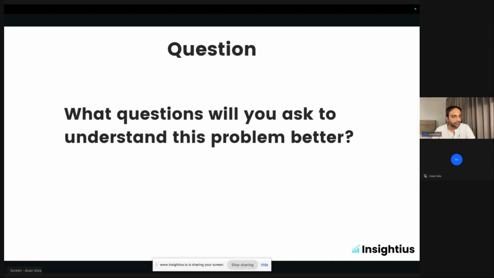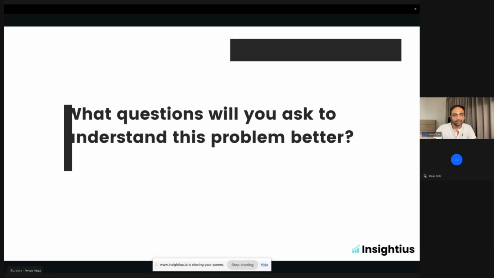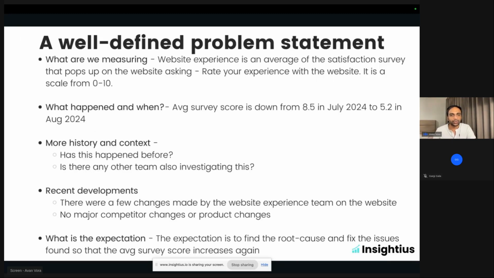What was better or sane before, and what has declined now from the observer's POV? Exactly. What has actually declined? When did it decline? We can both check historical data and current data. Perfect. Yes, all of these are good questions. So let me jump to the actual well-defined problem statement in my mind.